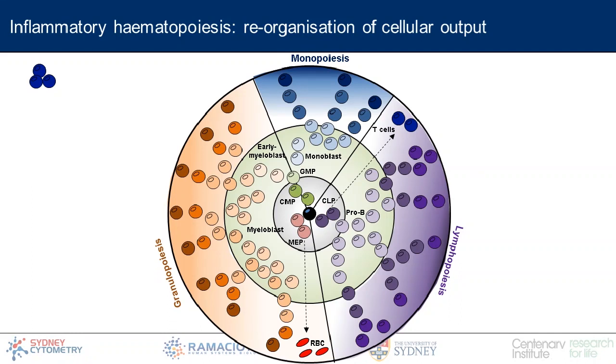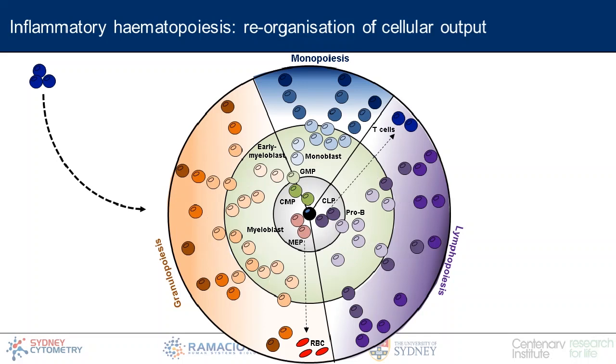So for instance, cells from the brain or other tissues will release cytokines into the blood. These cytokines will suppress the proliferation of some lineages, allowing for the expansion of other lineages. And so we see, for example, that some of the B cell and granulocyte lineages get a reduction in proliferation, and we get expansion in some lineages, such as the monocyte lineage. And so not only is this a difficult system to interpret in the normal situation, in inflammation, this becomes even